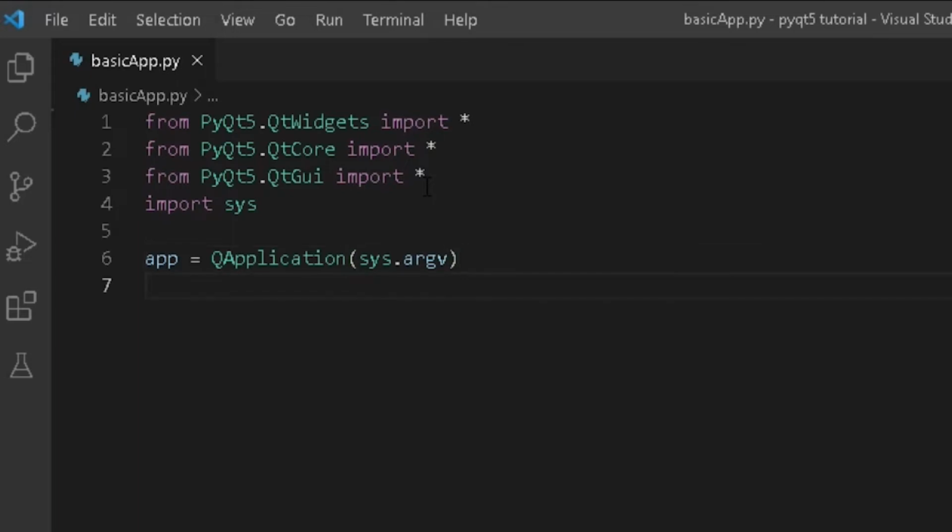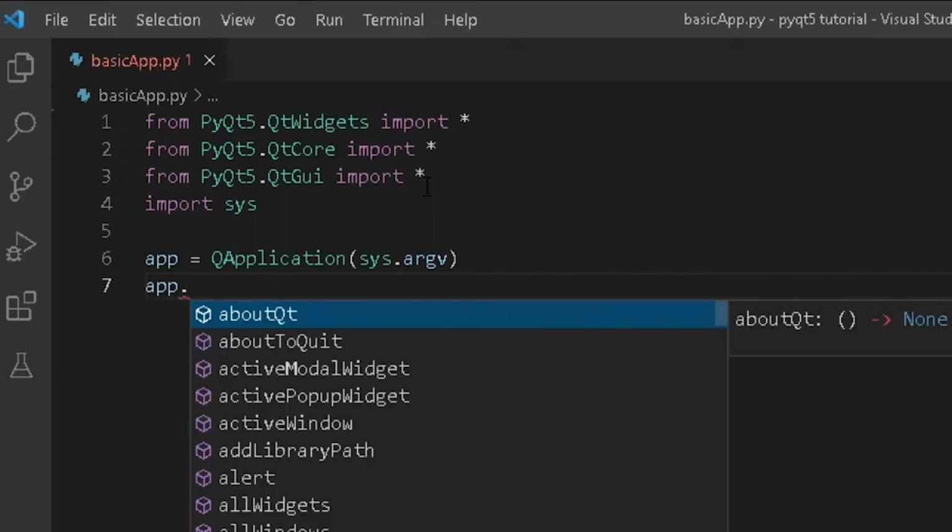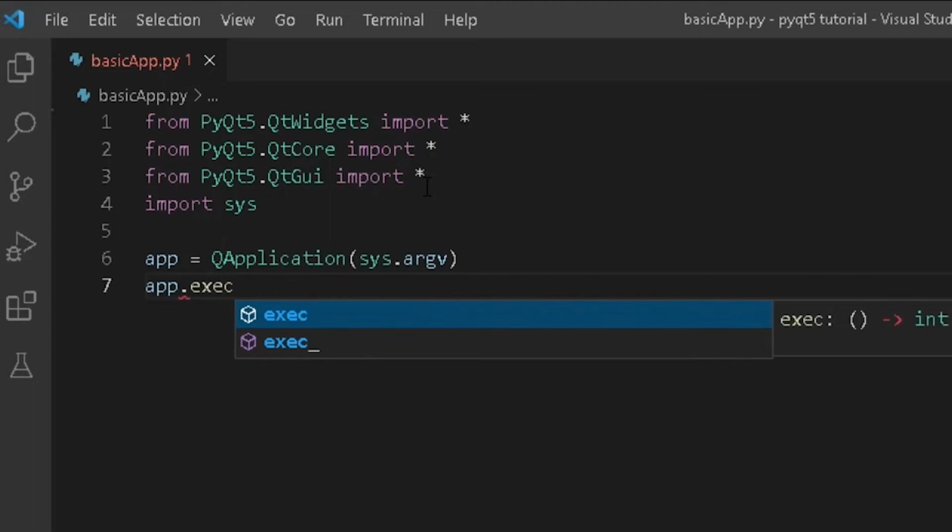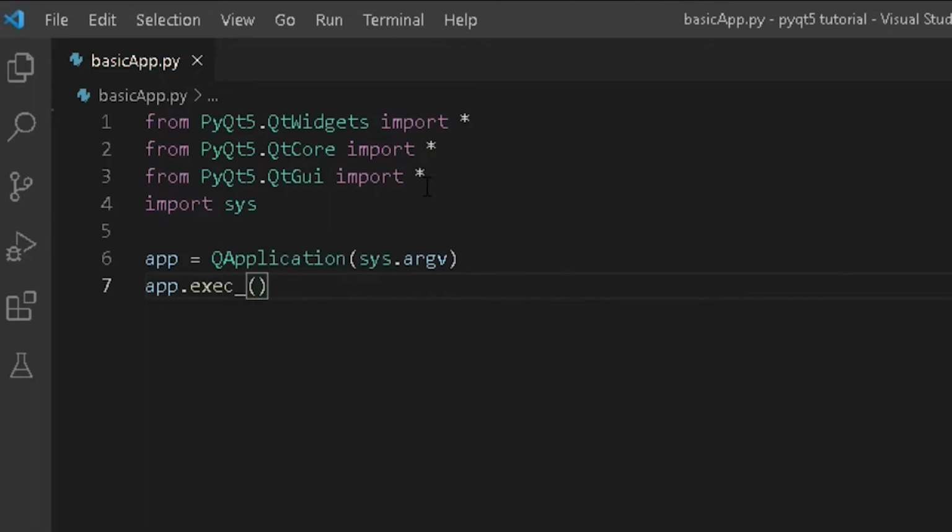Next, finally, we call our app.exec_parenthesis. Now, what is this underscore for? Actually, this underscore is there because exec is a reserved word in Python and can't be used as a function name. PyQt5 handles this by appending an underscore to the name used in the C++ library. You'll also see it for